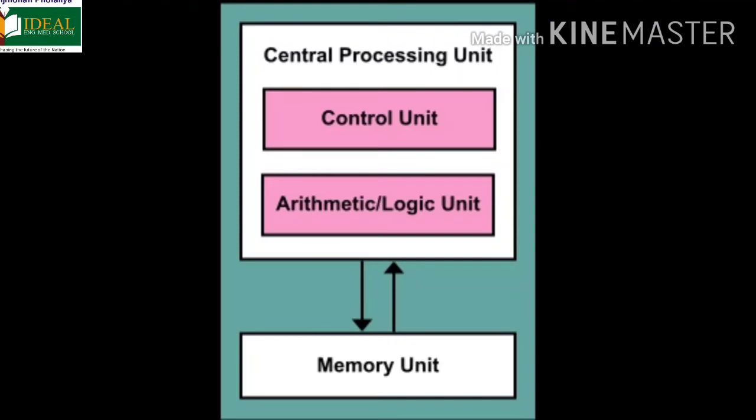Memory unit. The memory receives the data from the control unit and stores it. As the name suggests, the memory unit stores the input as well as the output. When the control unit sends data to the ALU for processing and producing the output, the control unit collects this output and sends it to the memory for storage. And the CU then instructs the memory to send this output to the output devices. So this is a CPU and its three components, CU, ALU and MU.